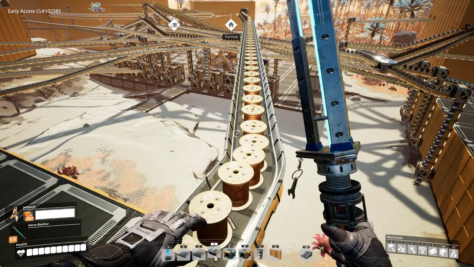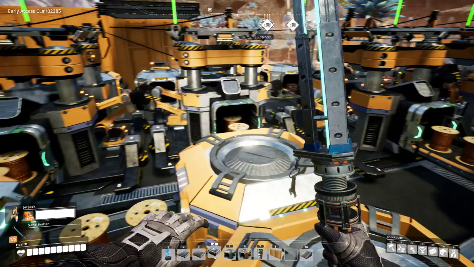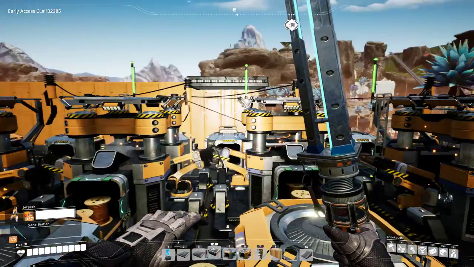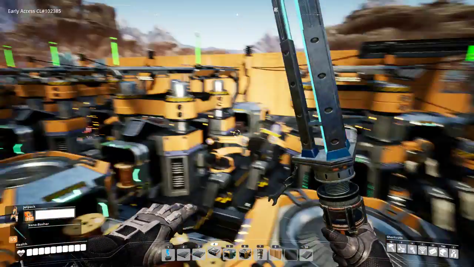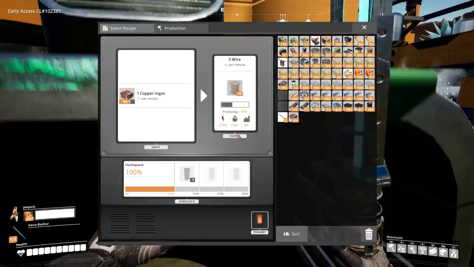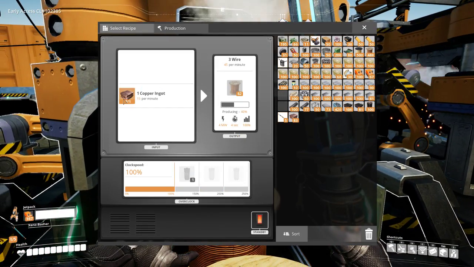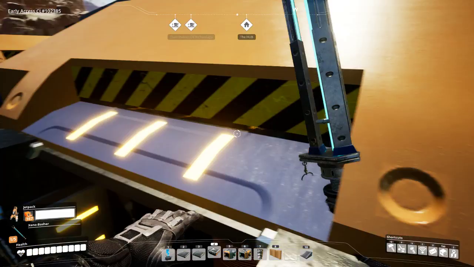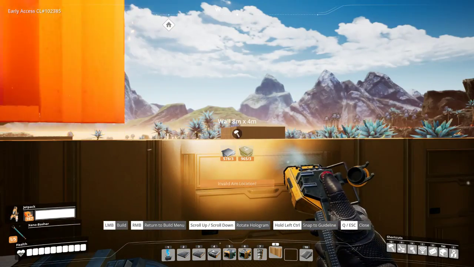And wire is at a standstill because we're making way more than we need. So these will eventually fill up, and that means their inputs will fill up, and so when they need wire, they'll all be at 100 and 100, so there will be no delay. So this is at 83, 84, it's gradually filling. This is gradually filling. So all that's needed is to